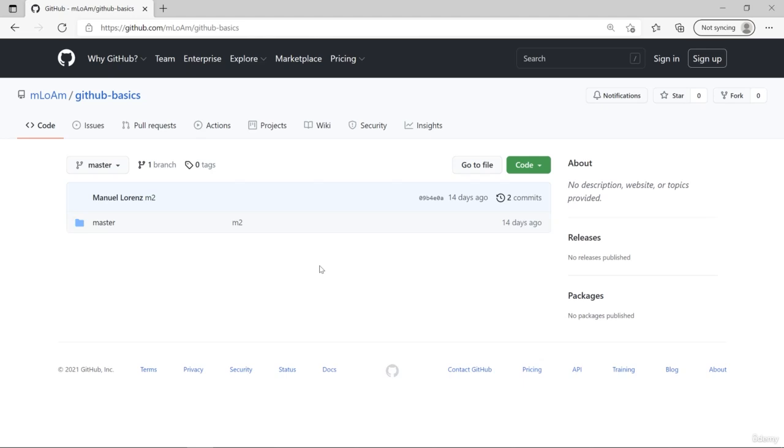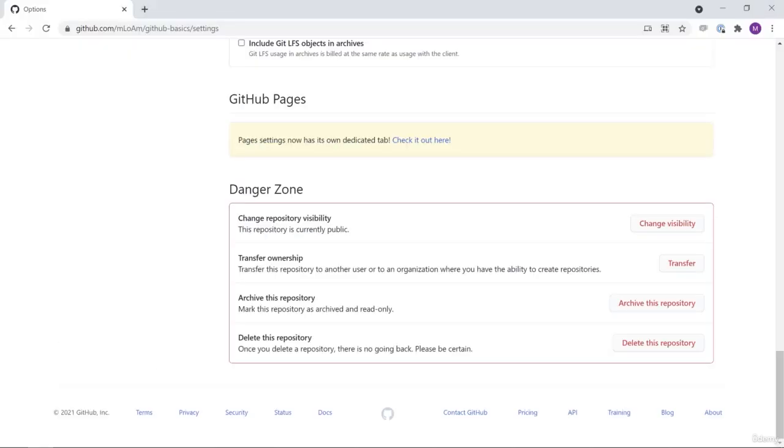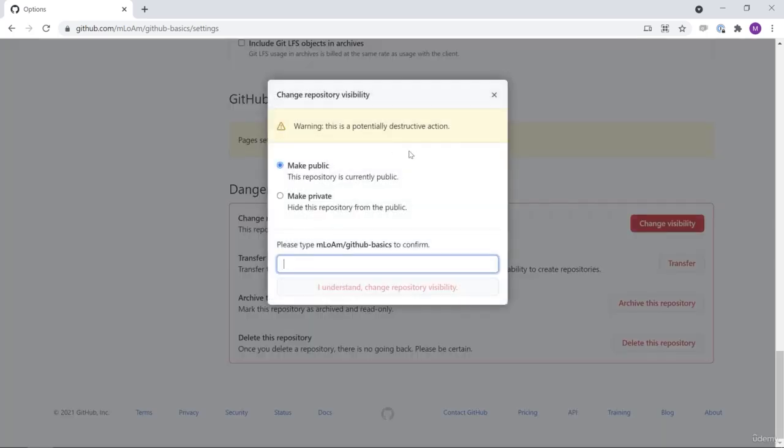For this, I'll switch back to the logged in account in my Chrome browser. Here I am, back in the danger zone. And in there, I'll now change the visibility by clicking on this button here. We also get a warning right here that if we change the repository visibility, this could be a potentially destructive action. This is related to the fact that private repositories, for example, have some fewer options for some users